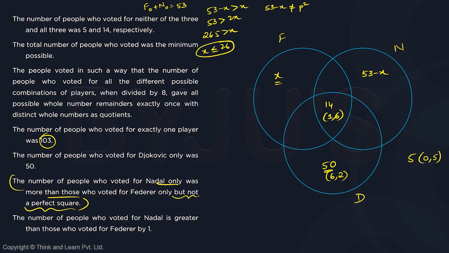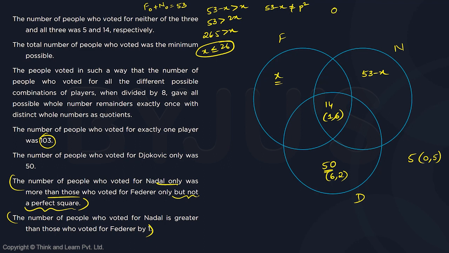Okay, so now the question is, how do we go about doing this? And we also have the number of people who voted for Nadal is greater than those who voted for Federer. So from here onwards, the solving becomes a bit complicated. You have to be very careful in solving. So first, start looking at the remainders. The remainders that are completed are the